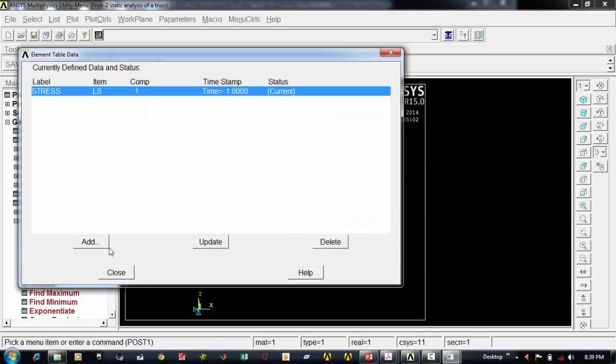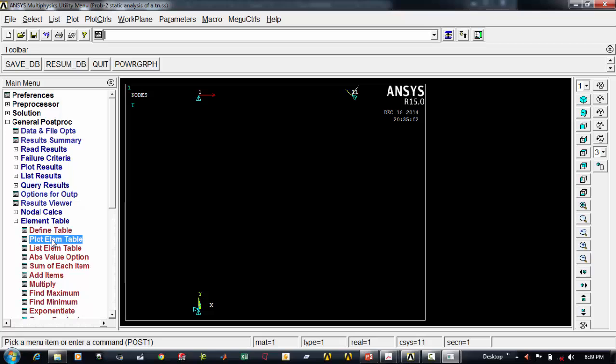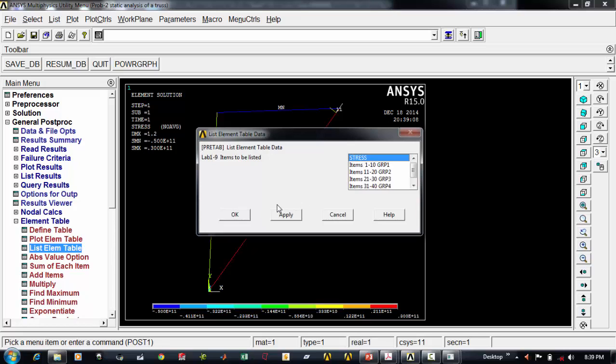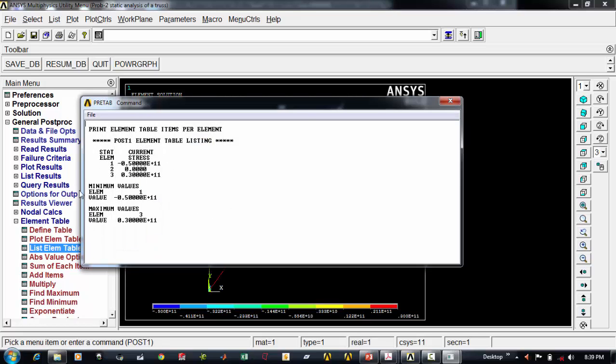Say okay, and say close and say plot element table and say this is the element table, say list, go for stress, say okay. So here you can see the stress values that are present inside the element. Minus means compressive, and plus means tensile. So you say what